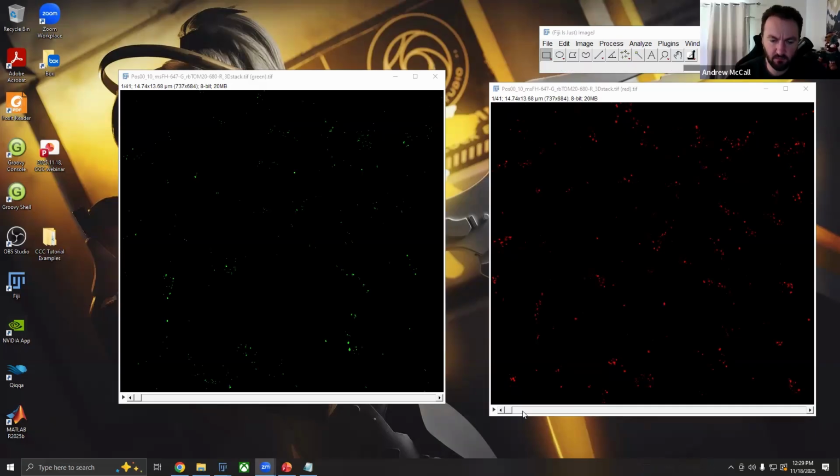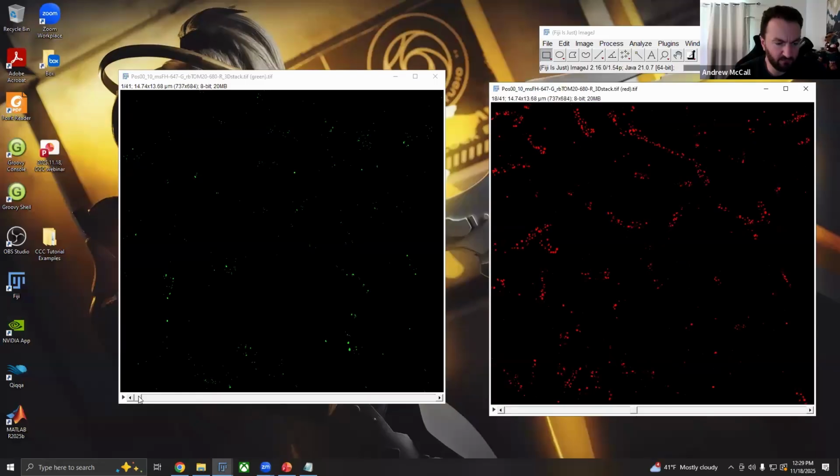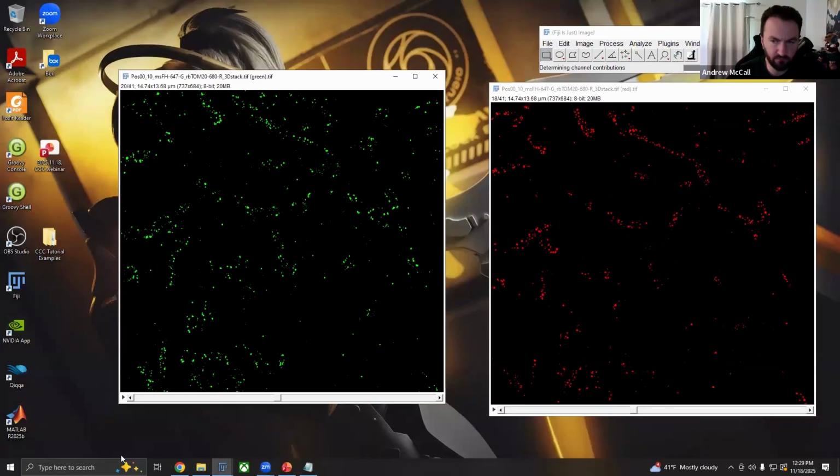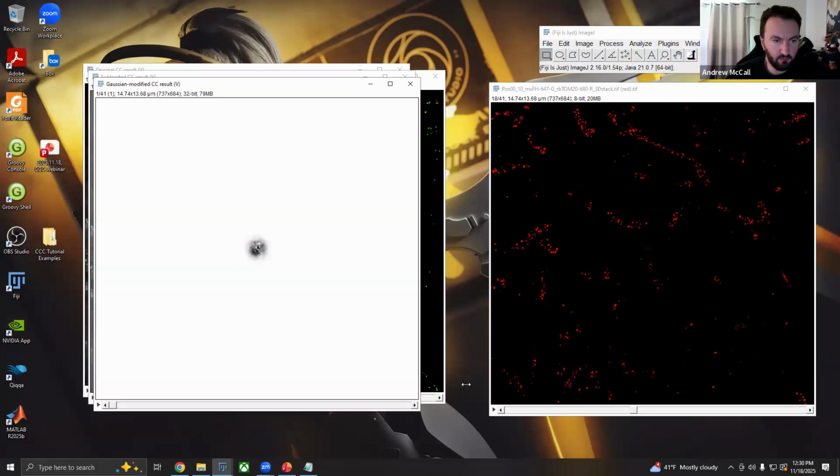Some issues that you might run into. I tested this on 32 gigabytes, and most of these are relatively small, but CCC does use a fair amount of memory to do this, and these are the two biggest images in the example data set that we'll be using. So it may eat up a lot of the memory in order to do this. If you do get an out of memory error,